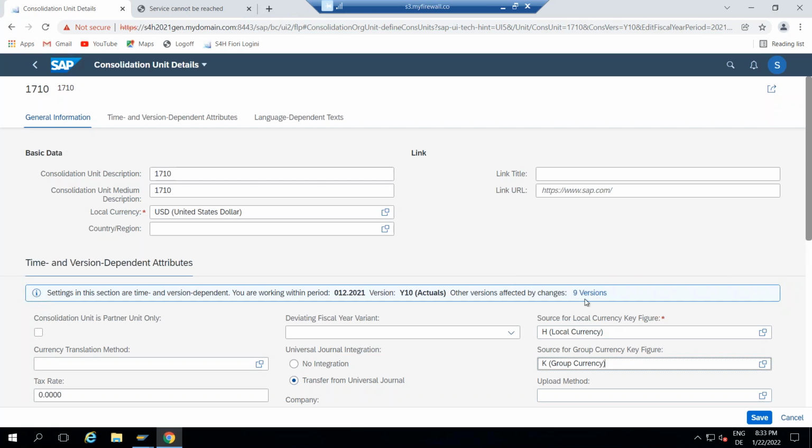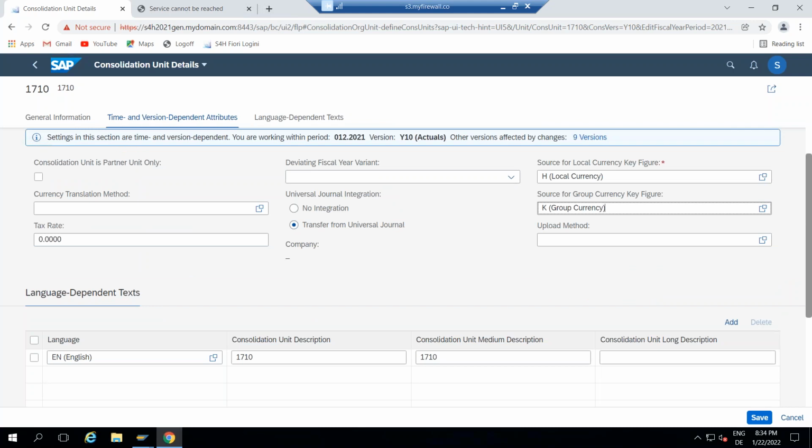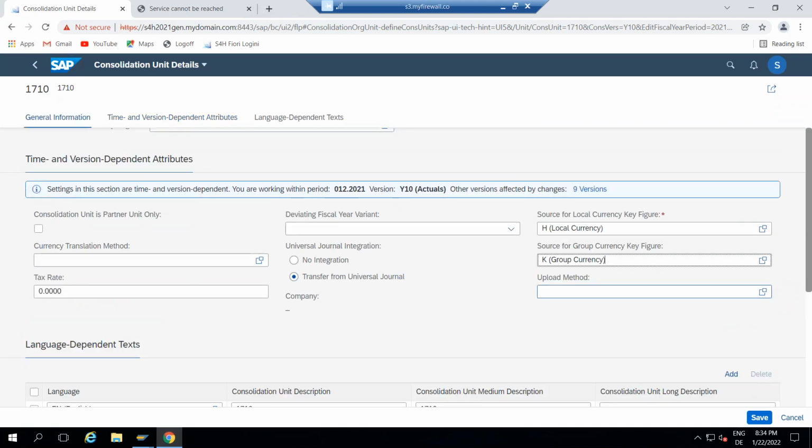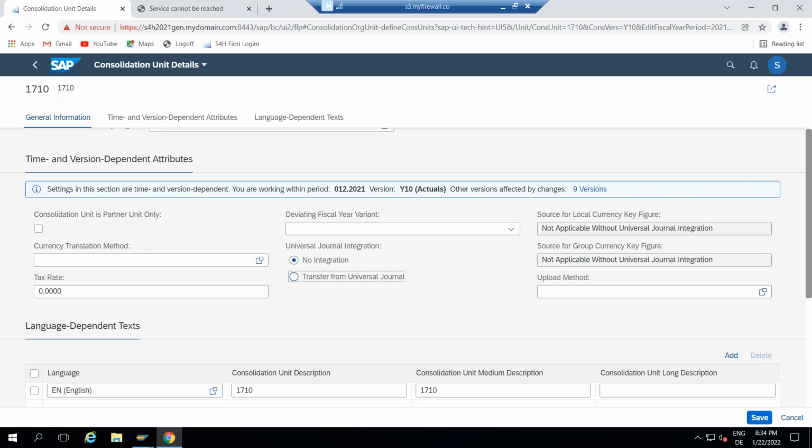But if it is different, for example if the local currency for this company is Euro, then you have to define a separate currency key for that. A separate currency type has to be assigned to the company code. Then that can be transferred. It is automatic, no need to change anything manually.